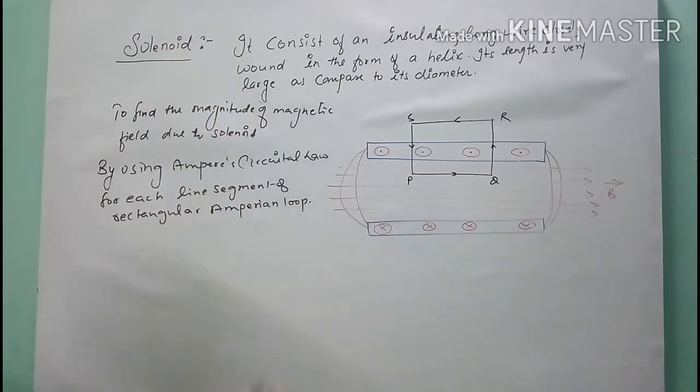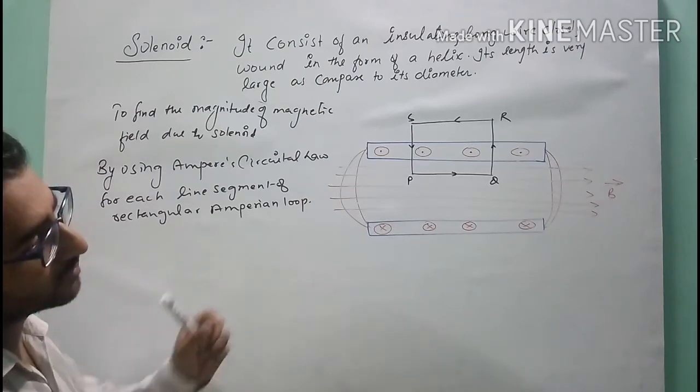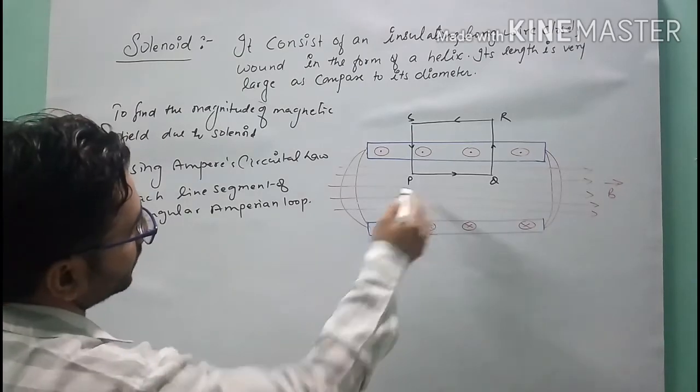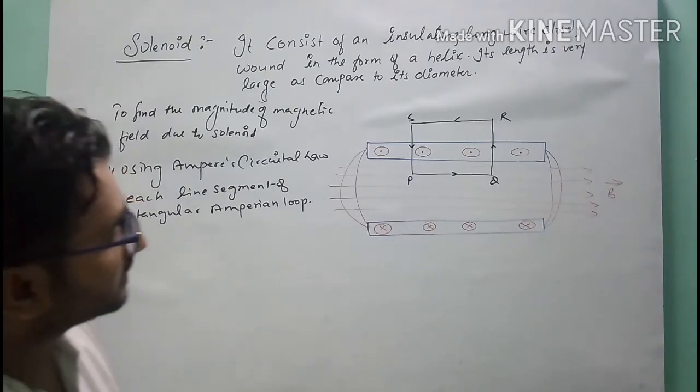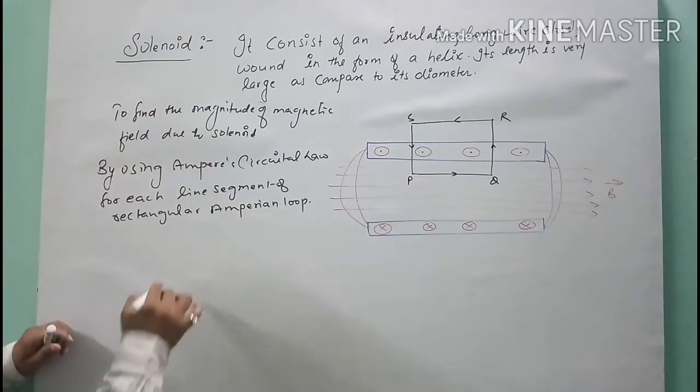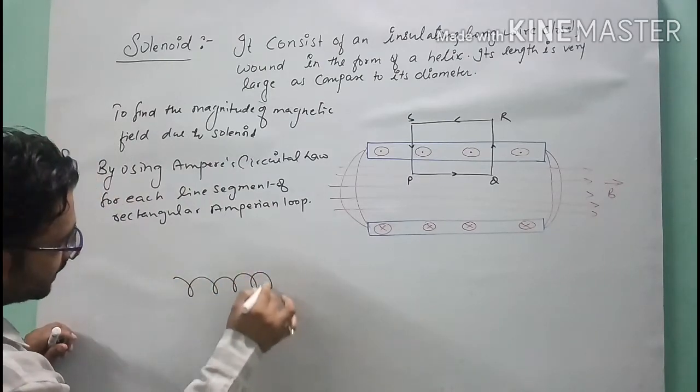आपने डिस्कशन जो सॉलिनॉइड वगैरह है, सॉलिनॉइड आपके पास क्या है, कैसे उसको रिप्रेजेंट करना है और इसकी क्या मीनिंग होती है, कैसे मैग्नेटिक फील्ड लाइंस इसमें रिप्रेजेंट कर सकते हैं, दी ऑल थिंग्स वी हैव बीन डिस्कस इन क्लास 10. बट हियर टुडे वी विल डिस्कस अबाउट द कॉन्सेप्ट हाउ वी विल फाइंड द मैग्नेटिक फील्ड, मैग्नीट्यूड ऑफ द मैग्नेटिक फील्ड ड्यू टू दिस सॉलिनॉइड. ओके, सो सी हियर स्टूडेंट, जब हम सॉलिनॉइड को डिस्कस करते हैं, नाउ आई एम रिपीटिंग दिस.